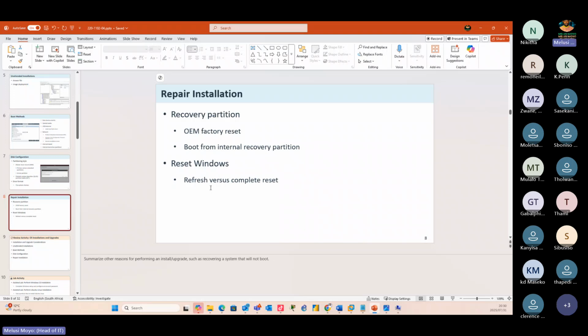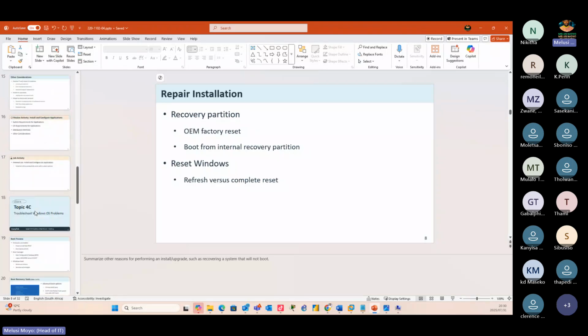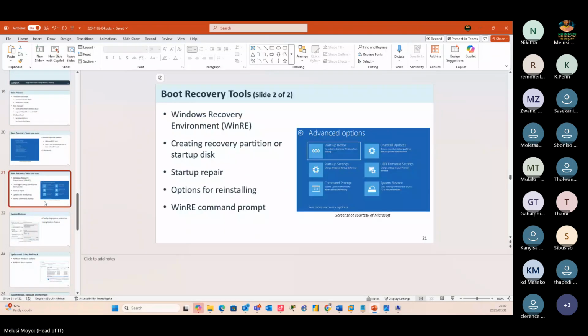You have those options. You usually get this. Let me see if I can have that screen showing somewhere. I think I do have a screen that you usually get. You usually get these, right? So we're saying if you are choosing the reset option, it will give you those two options to say what do you want to do with this